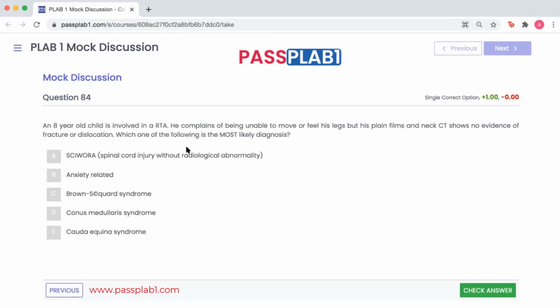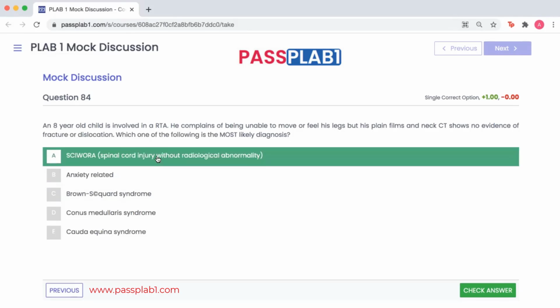So next you have an 8-year-old child who's involved in an RTA who complains of being unable to move or feel his legs, but his plain films and neck CT show no evidence of fracture or dislocation. Which one of the following is the most likely diagnosis? So because the CT and the neck, all the films have shown nothing, it would be spinal cord injury without